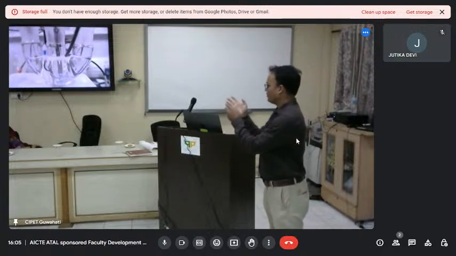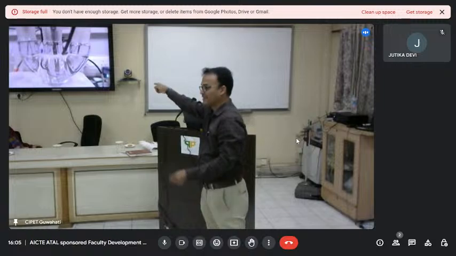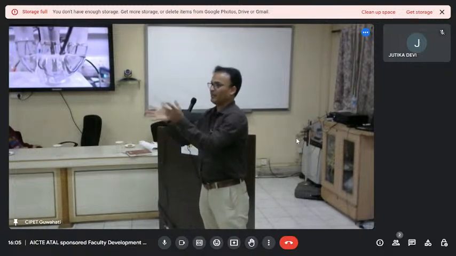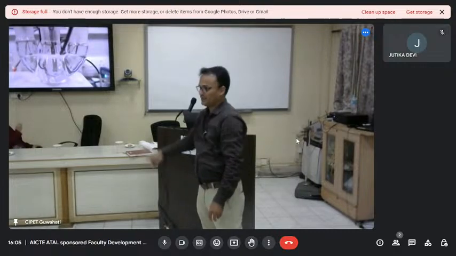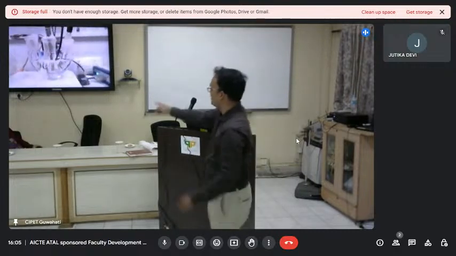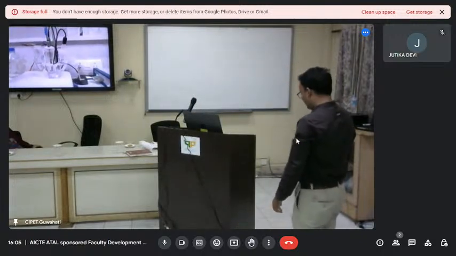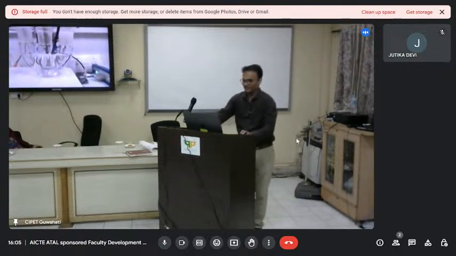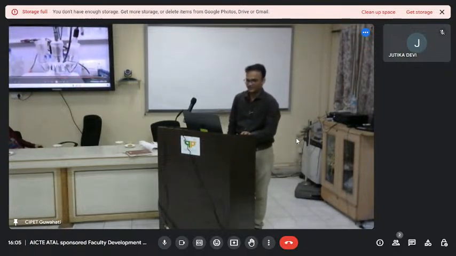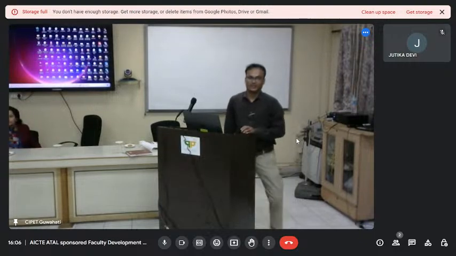Obviously, usually platinum is the cathode, so hydrogen is deposited there, but this catalyst reduces the energy for hydrogen generation. This one is my electrode, in the middle, and hydrogen is generated on the right side, that is platinum. So this is one picture of my work. With this, thank you so much.